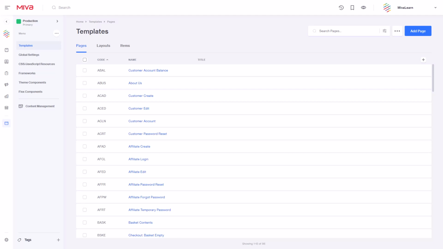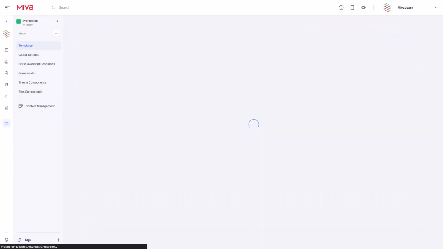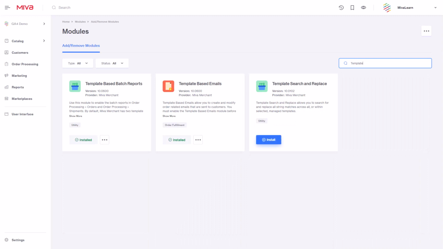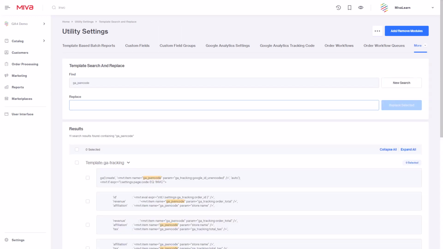If you haven't installed the Template Search and Replace module yet, go to the Settings cog menu and select Modules. Search for Template Search and Replace and install it. Once installed, you will be directed to the Template Search and Replace module in the Utilities section of the admin. Start by searching for